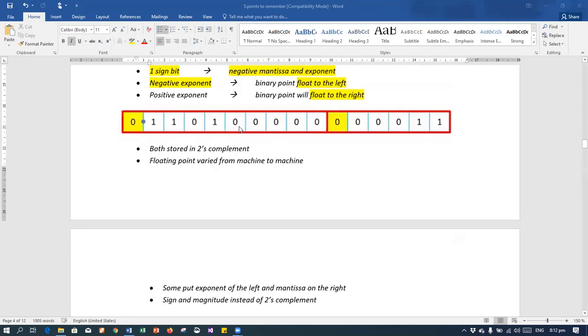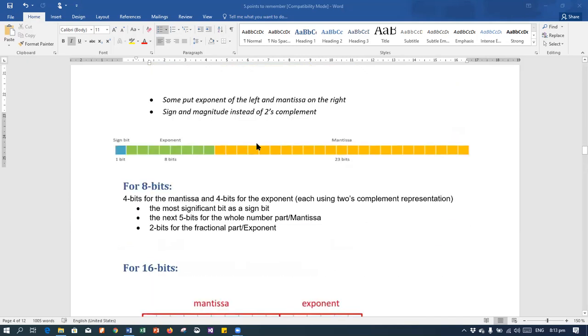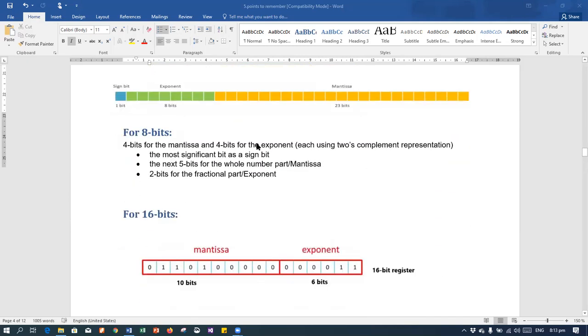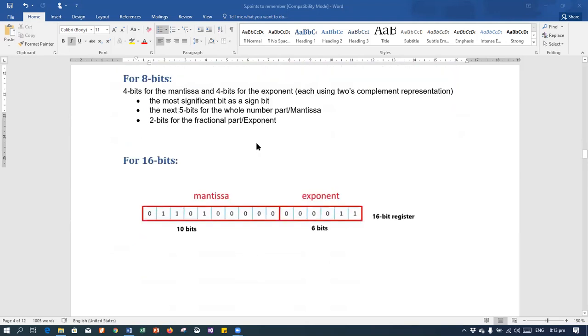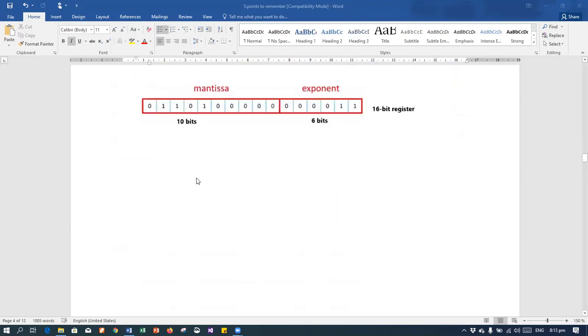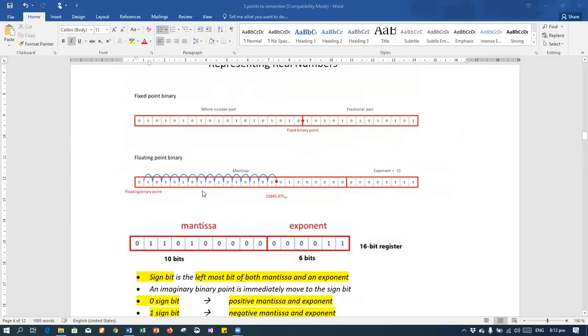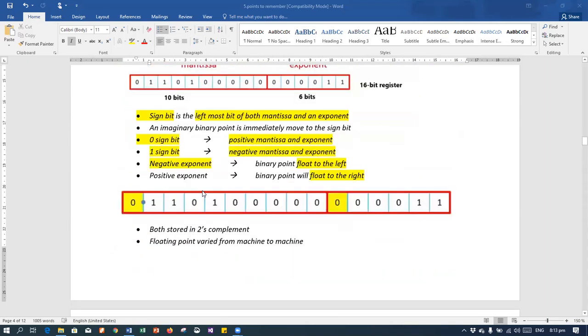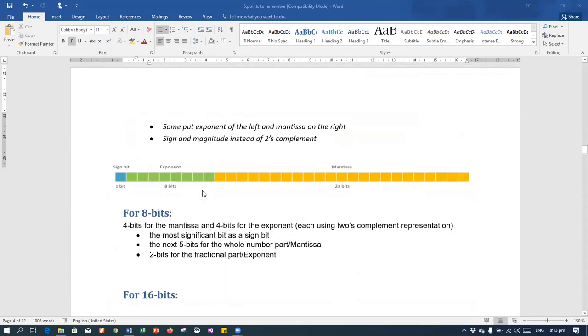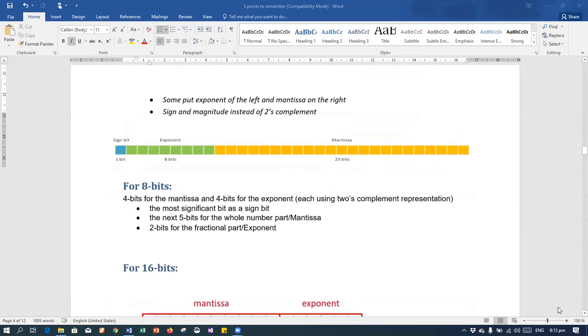Both mantissa and exponent would be stored in 2's complement. ठीक है. Another thing कि it keeps on varying. अगर कि हमारे पास ये 8 बिट्स का है तो that would be different. 8 बिट भी हो सकता है, 16 बिट भी हो सकता है और 32 बिट भी हो सकता है. This is 32 bit, 23 Mantissa, 8 bit exponent and 1 sign bit. So depending upon the question and availability of bits, we can decide, and it would be mentioned in the question how many bits would be allocated for Mantissa and exponent.